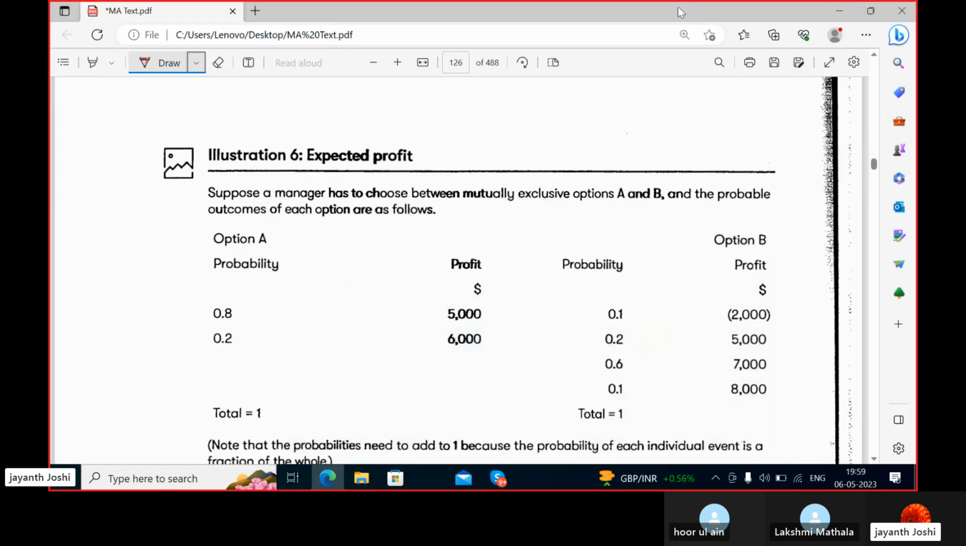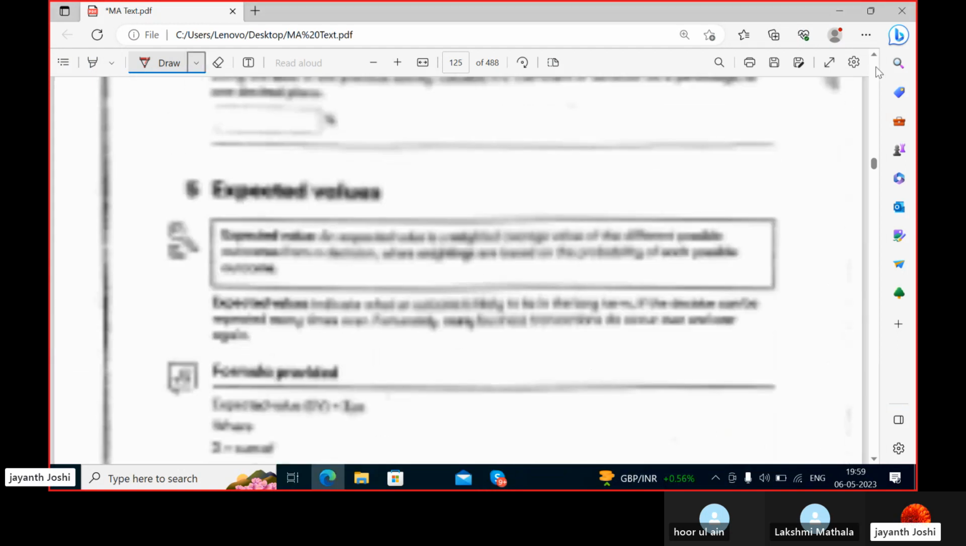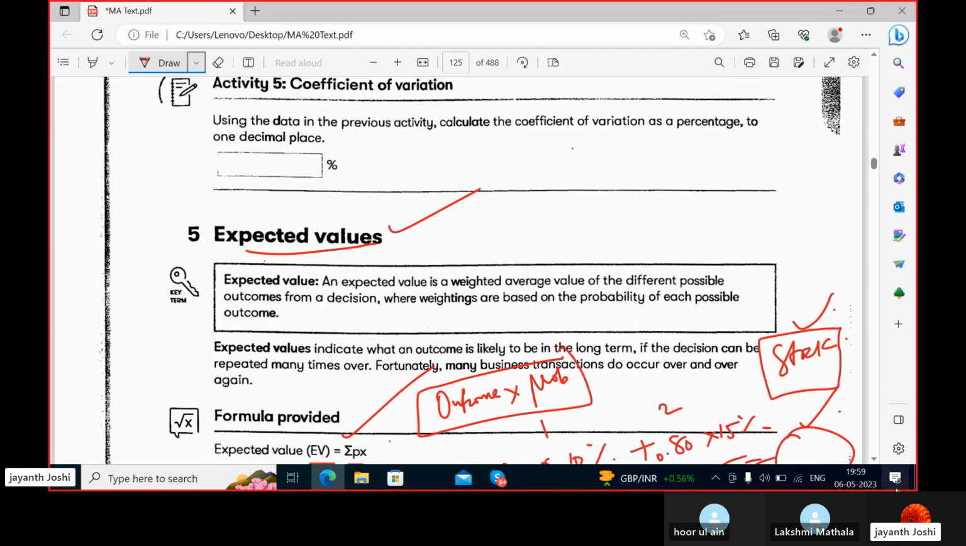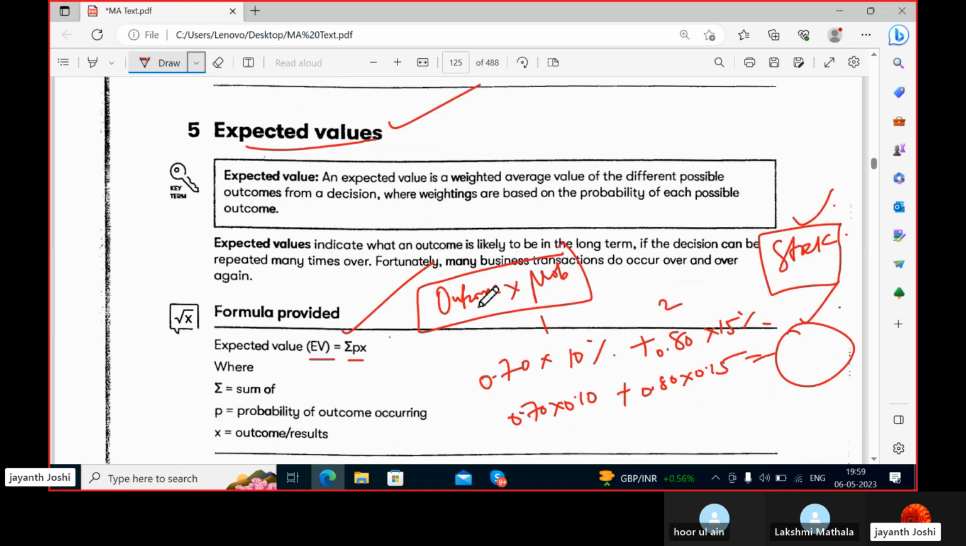So today's topic is about expected profit, expected values. I already explained to you about expected values: outcome into probability. That means whenever you perform an experiment, there will be some outcome of that experiment, and that outcome will have some probability. When you multiply the probability with the outcome, and let's say you have many outcomes and every outcome has some probability, you do the summation of all those outcomes with their probabilities,